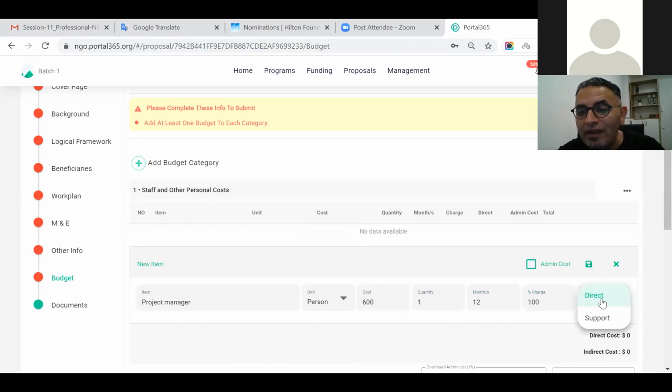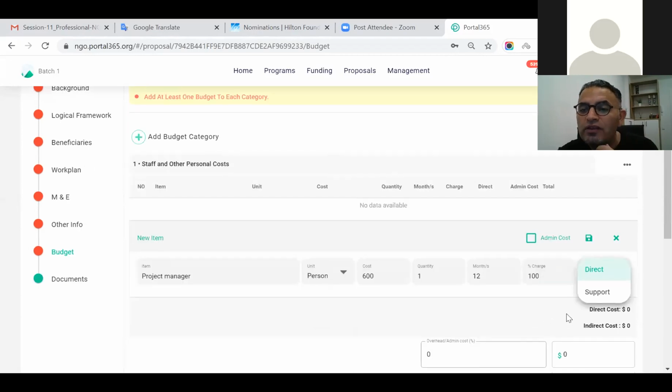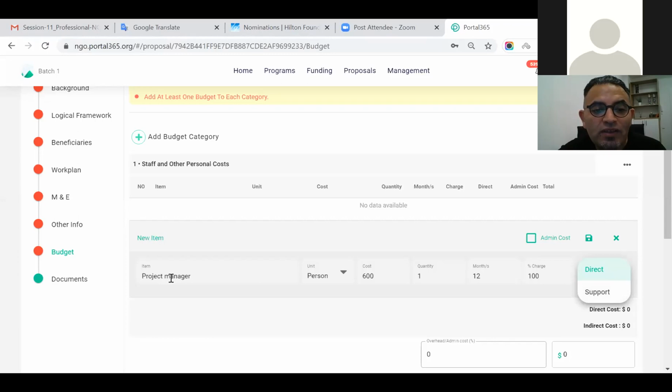It is direct activity, because usually there are two different activities. It could be direct activity or support. Usually we try to push that all activities are direct, but sometimes the donors say no, some activities are support. I will show you what is the difference. But for project manager, this